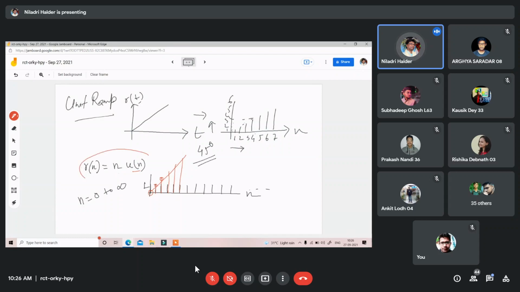So that is r[n] equal to n u[n], which defines the unit ramp signal, and it will be defined as n for n greater than or equal to 0 and 0 for n less than 0. Because in the unit ramp you have a unit step multiplication, and the value of unit step will always be 0 for n less than 0. So unit ramp will also start from 0 and it will continue to the positive side.